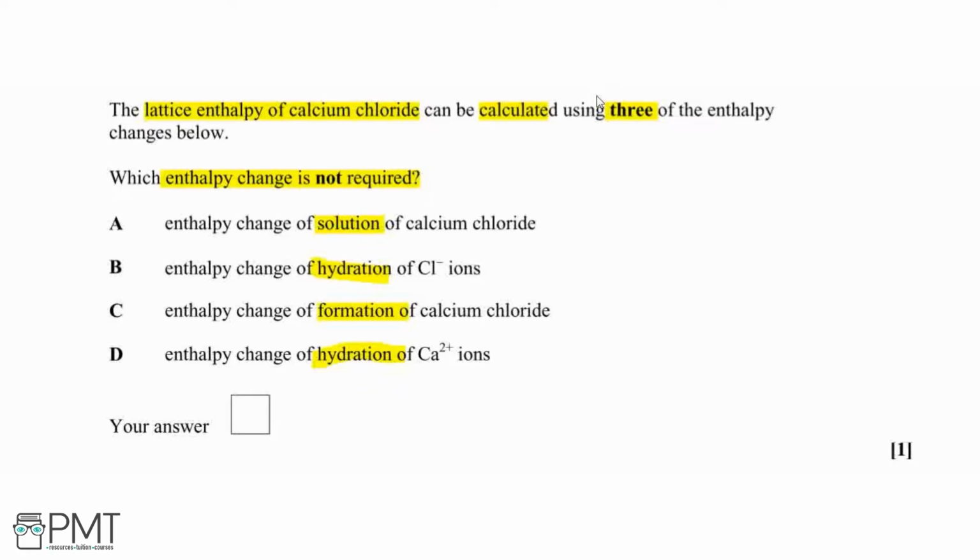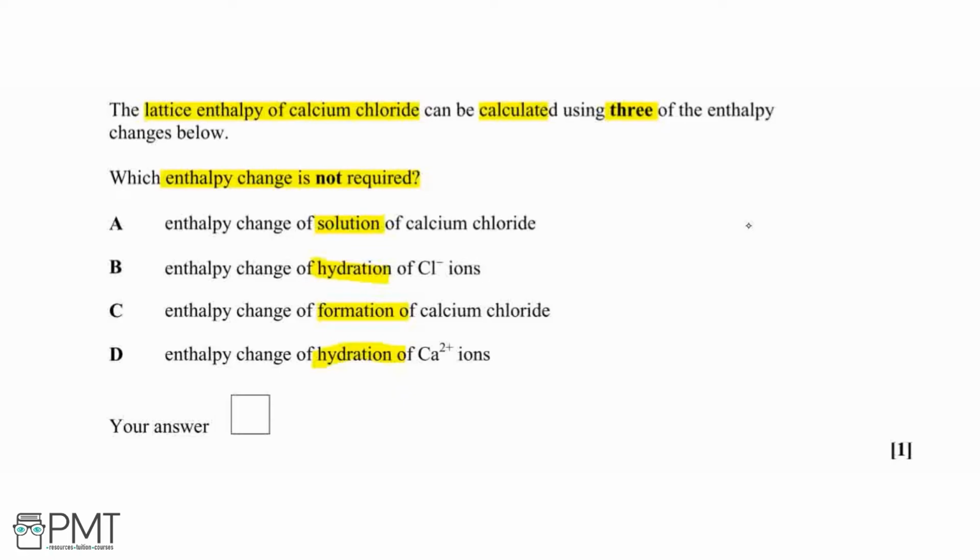There are a couple of different ways that we can work out the lattice enthalpy of our ionic compound, and that's by using either a larger Born-Haber cycle or by using our solution hydration Born-Haber cycle. The larger Born-Haber cycle involves formation enthalpies, atomization enthalpies, ionization enthalpies, electron affinities, and so on. But here we have the data for the enthalpy change of solution of our compound and then the hydrations of the respective ions. So if I just draw out what a cycle would look like,